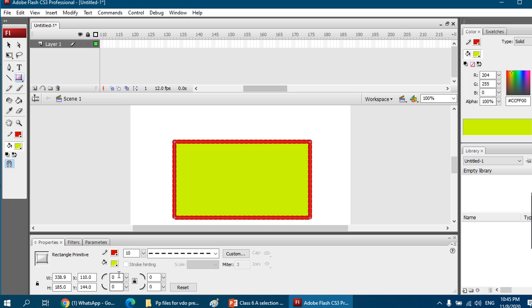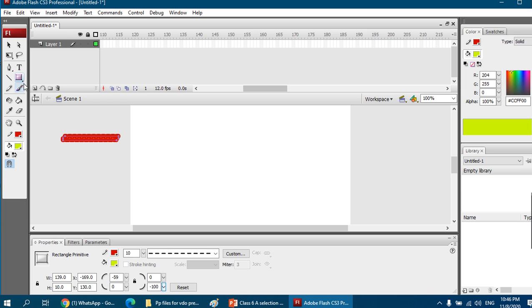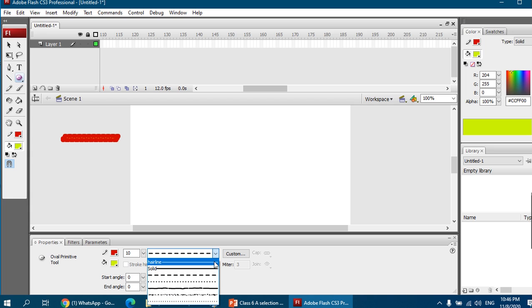If I move this here, the angle will be changing, right? I can change the angle and the sides according to my needs. If I draw a square, sorry, select oval, primitive oval, line,